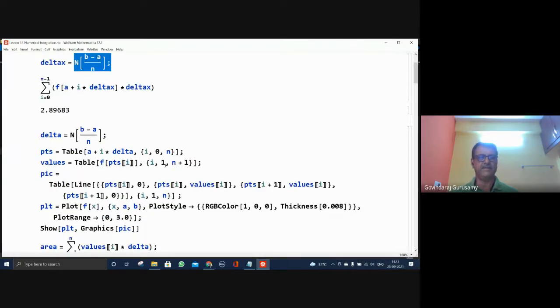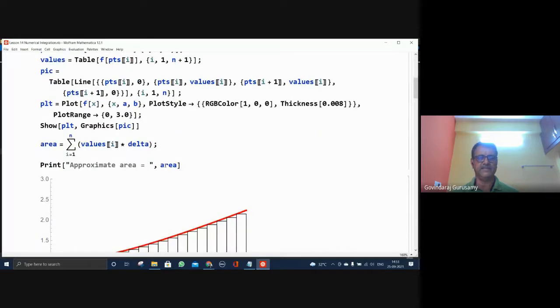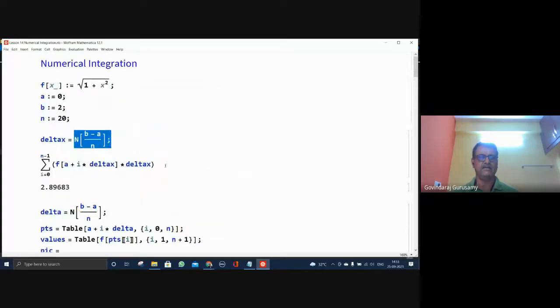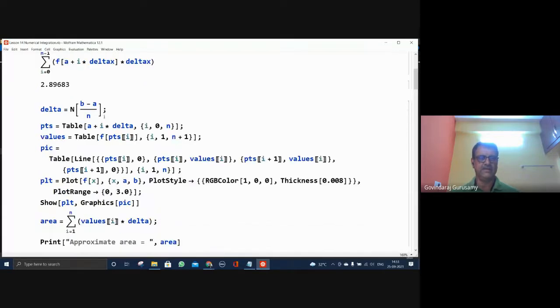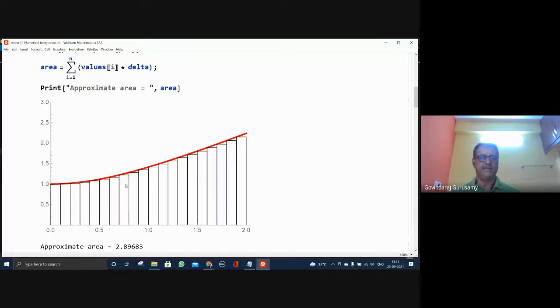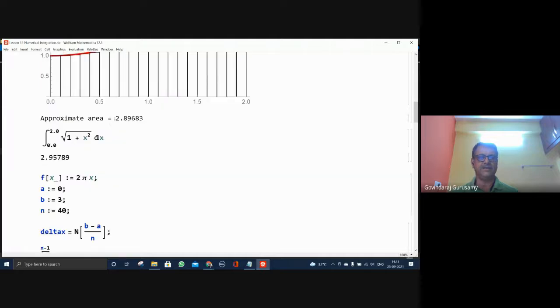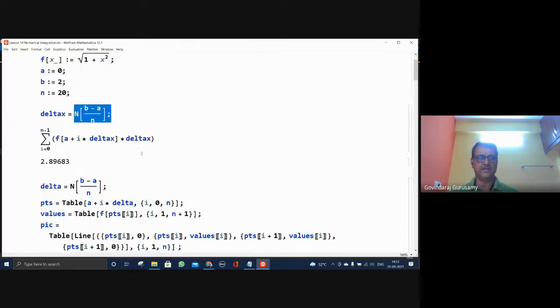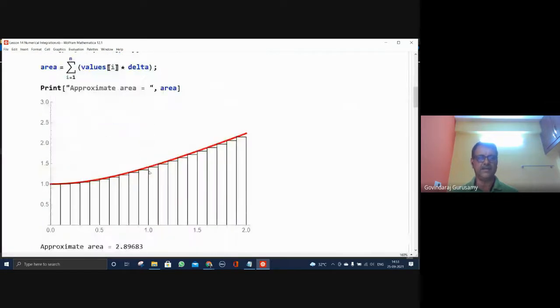Okay, let's take this and see what is happening now with respect to this number of points, and then what is the expected actual value, and after making it with this kind of rectangles, what is the total area. The difference between them is going to be an error that's involved, and how do we minimize that error, and what are the other techniques that are available, that can also be seen. You can see here,